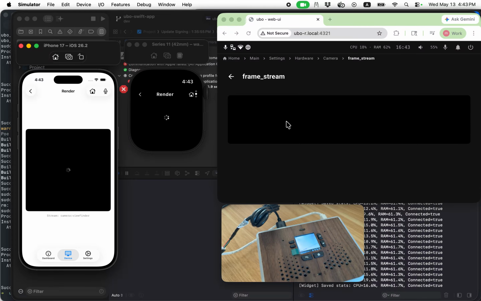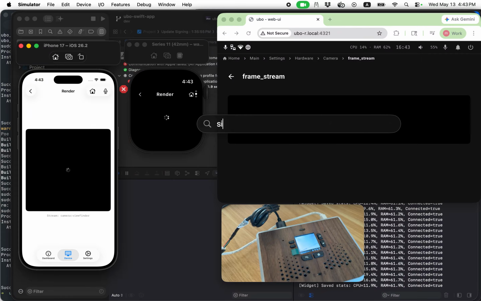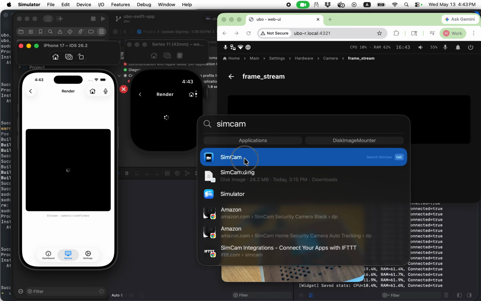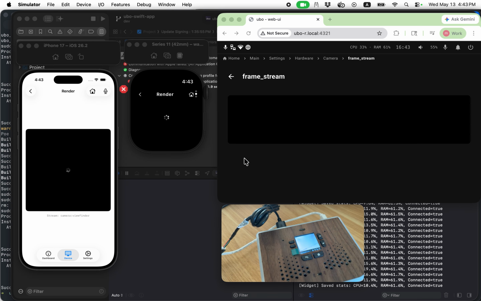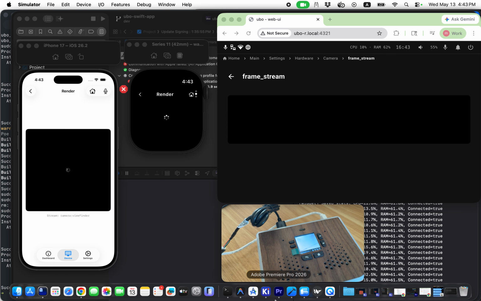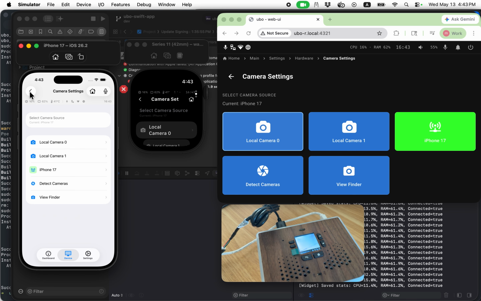I'm running SimCam, so apparently a simulator cannot access the camera, and this thing keeps crashing, and I don't think it's going to come back on now. This is a very bad limitation of the simulator on iPhone, but basically this is going to show the iPhone camera and use it as a source of camera. I'm going to have to skip this for this demo. I got it working with SimCam. The SimCam seems to be buggy and keeps crashing, but I'm going to go back here and then select one of